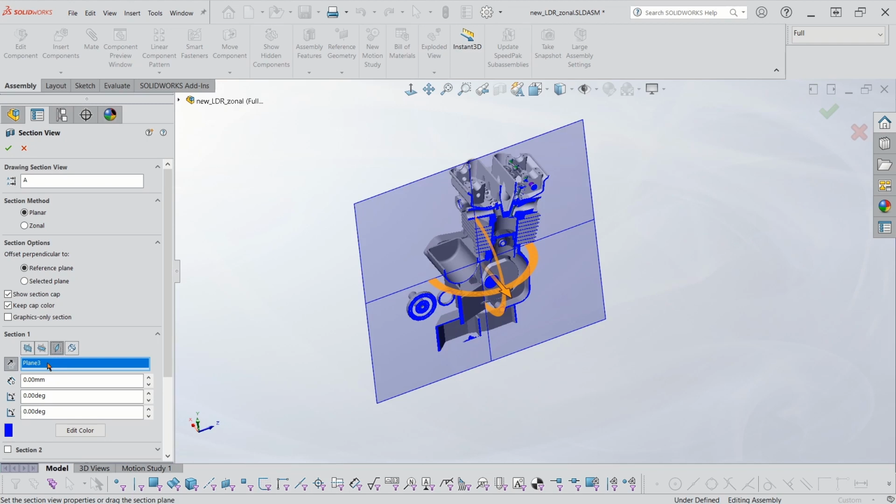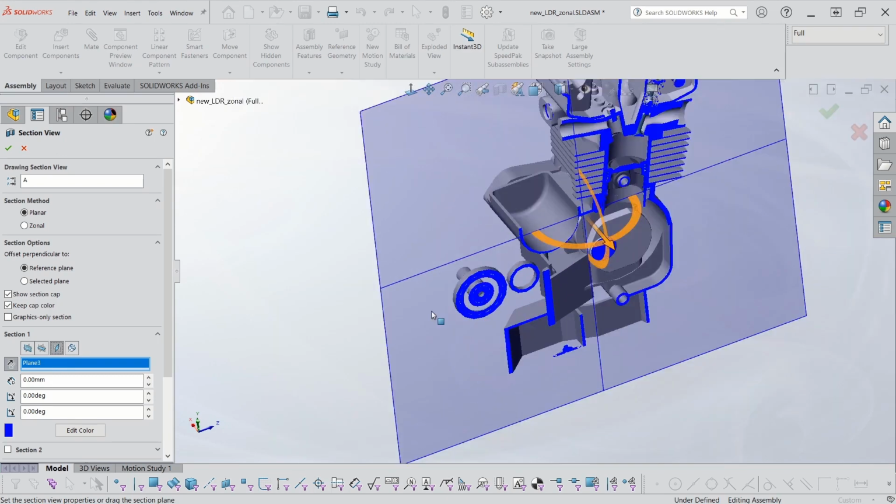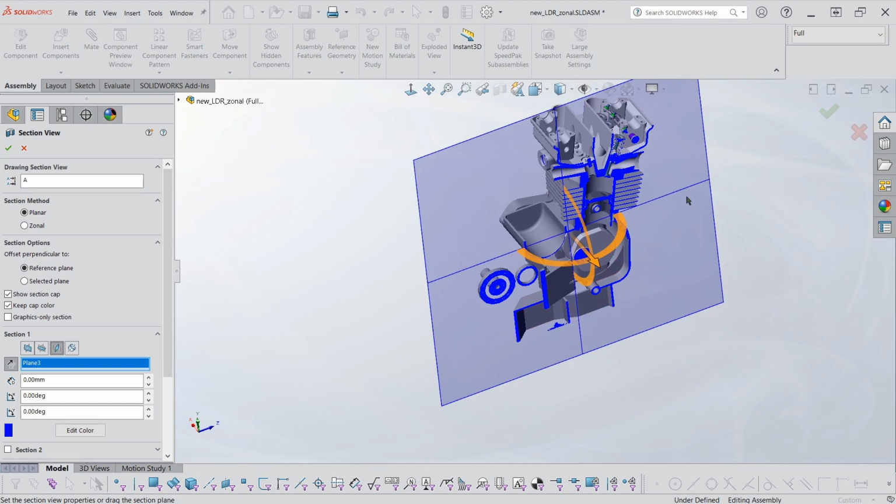This one I want is going to be plane 3. But I noticed when I used plane 3, I get these extra cuts that I don't really want. It's leaving little pieces in space that are going to be problematic for me. So what I'll do,